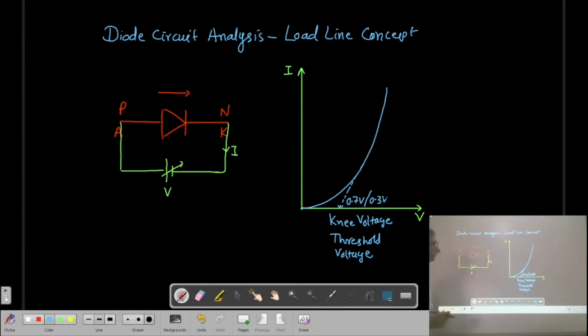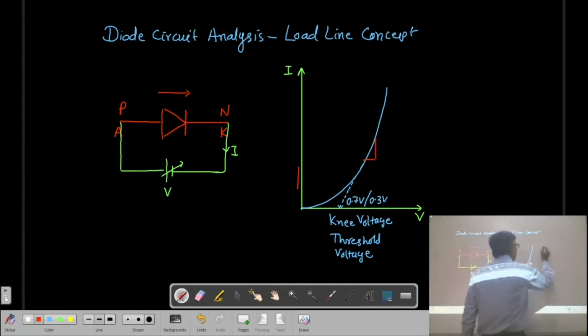Okay. Now let's see what the resistance offered by the diode is. For that you can find the slope of this diode. Here we have a voltage axis and a current axis, and if you take the slope of this diode, that will give you the resistance of the diode. That is known as the static resistance of the diode, or the forward bias resistance. So we can calculate it in this way.